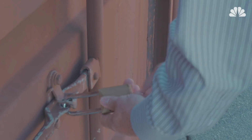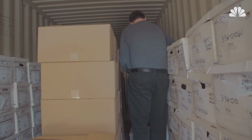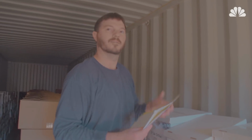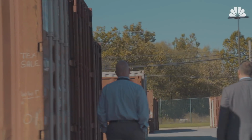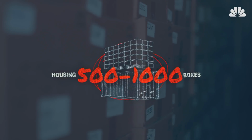If a trace request came in today to one of these dealers that's gone out of business, a tracer is going to walk out here, find the shipping container that they need to find that dealer in, and sort through those boxes until they find the one box with a certain time period of the records that they need to complete that trace. Agent Trotman said there are 29 shipping containers on site currently, each housing between 500 and 1,000